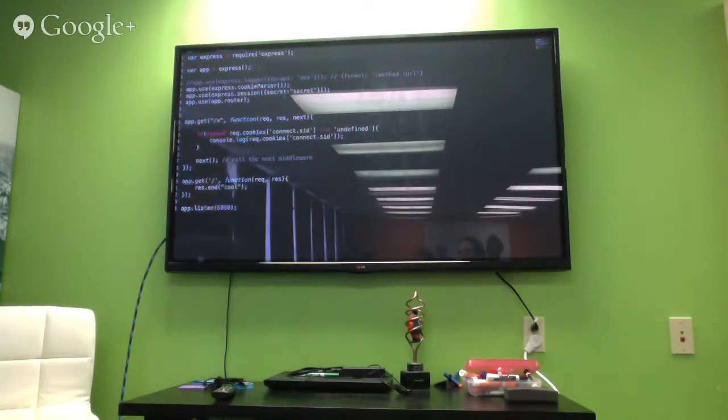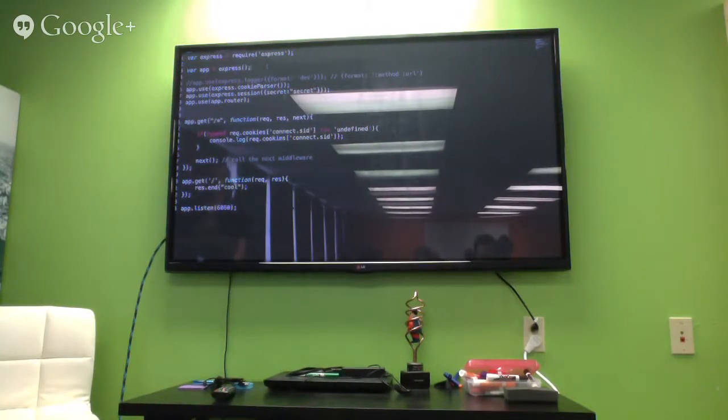Are you using 3? 4. Oh, you're using 4. Okay. It's okay though, it's similar enough. It's a little bit different, but it's basically the same. The only thing that's different in this file would be the app.listen, which would be in another file. Really the big thing is that the middleware is not automatically bundled. Exactly right, that's the big thing. You have to download the cookie parser and the session stuff separately, but that's not that big of a deal.